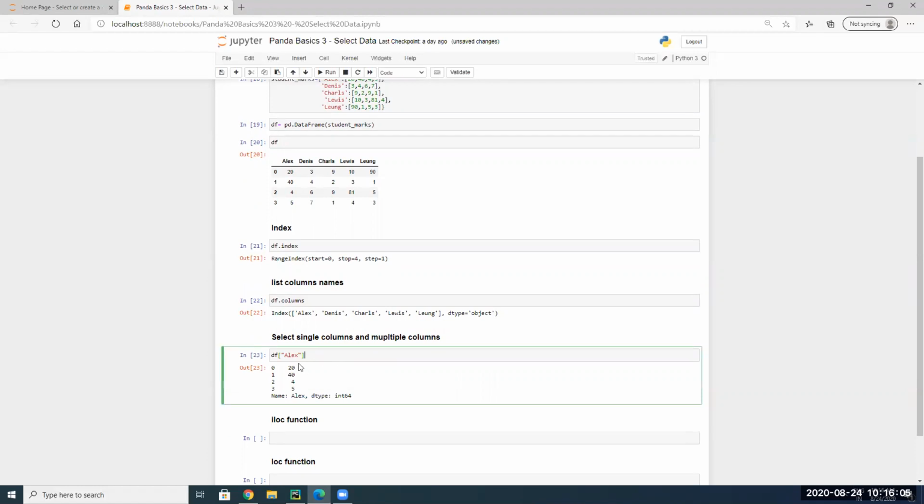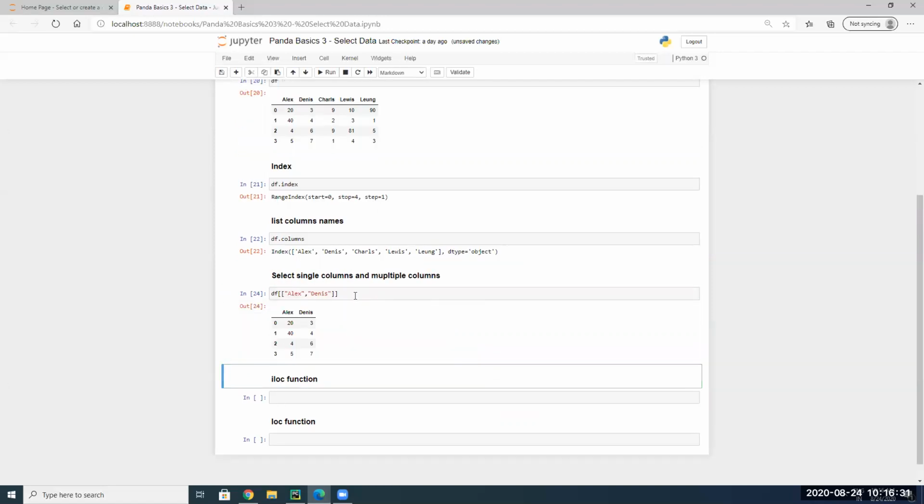Now please note, in this case, if you had to select data from a data frame, you are passing a string, right? And if you are selecting a single column from a data frame, it will return a series. Now suppose you had to select multiple columns, you could just pass multiple columns, but in that case you have to use a list of lists, something similar to this. And if you are selecting multiple columns from a data frame, it should return a data frame, unlike when you select a single column, which returns a series.